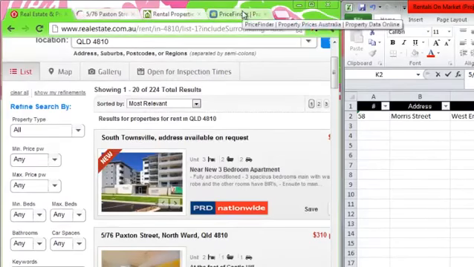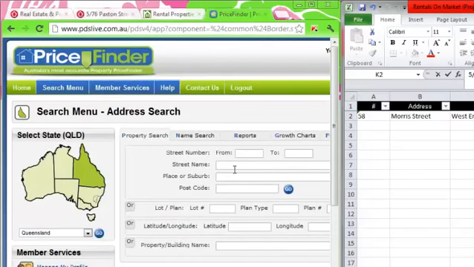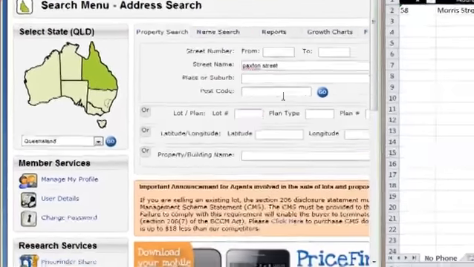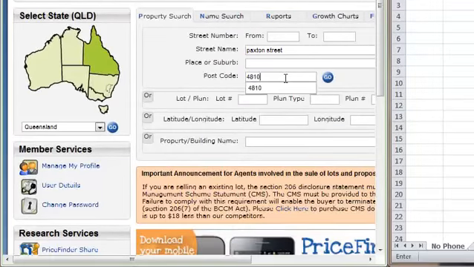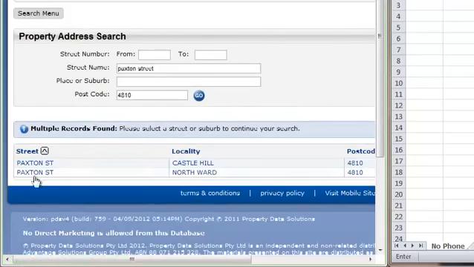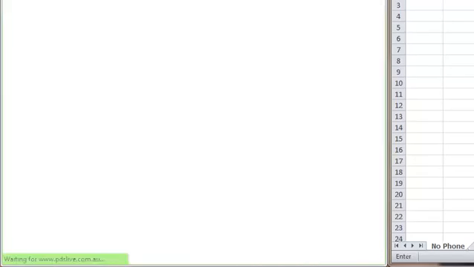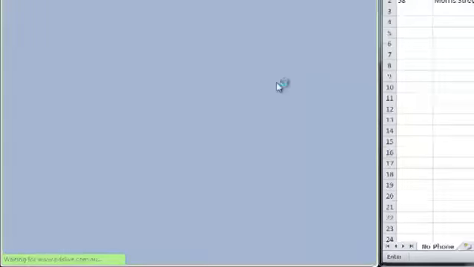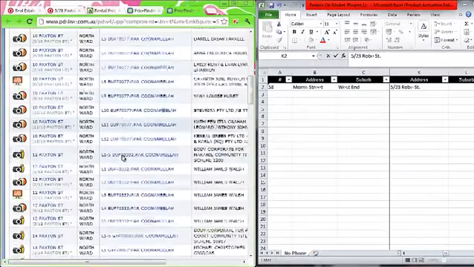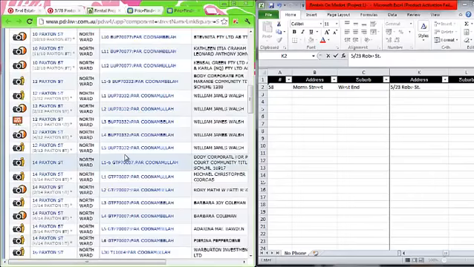Then go to Price Finder, type the street name and the postcode. Then hit go. Click the right suburb. Scroll down until you locate the exact property.